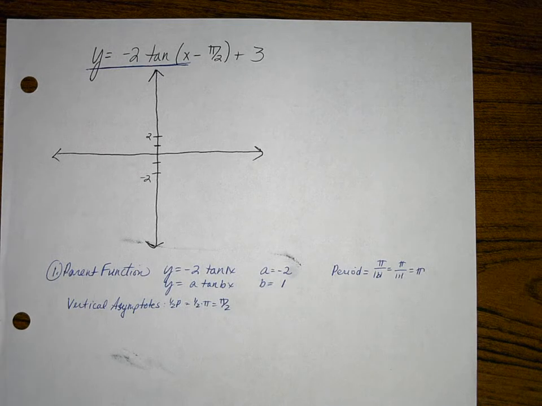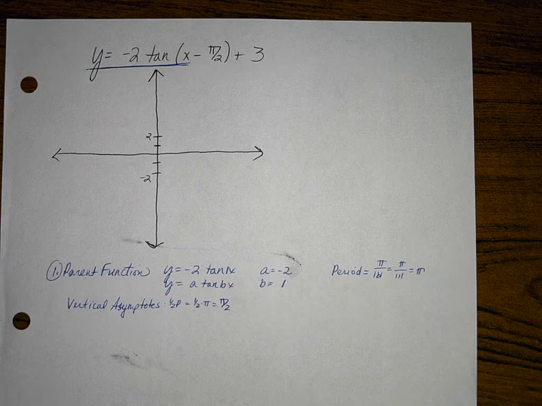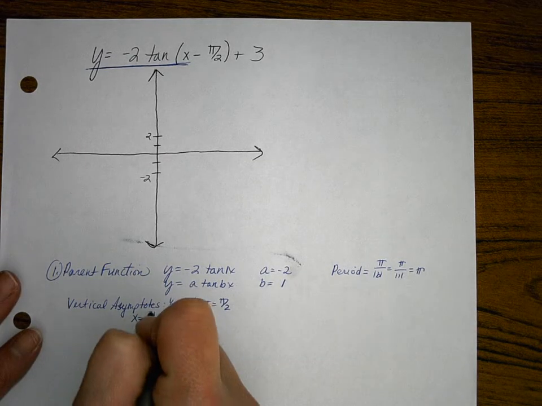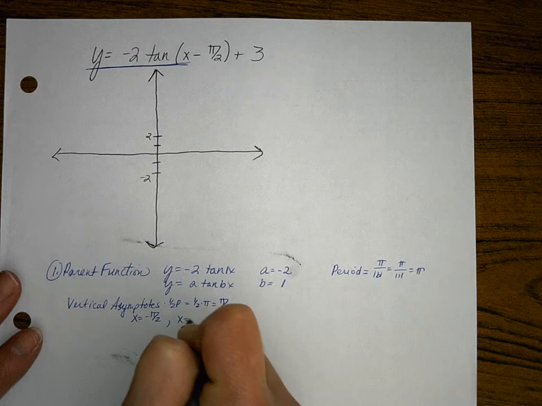So vertical asymptotes, we're looking at vertical lines my graph approaches but never touches. I'm going to go to the left pi over 2 to get to one vertical line. I'm going to go to the right pi over 2 to get to the other vertical line. When we're thinking about vertical lines, what little thing comes to my head? Vux. Vux. I know the equation needs to be x equals a number. So it's going to be x is equal to negative pi over 2 and x is equal to positive pi